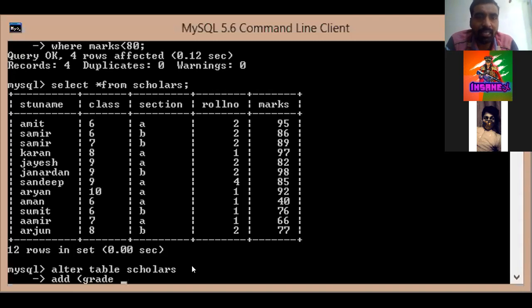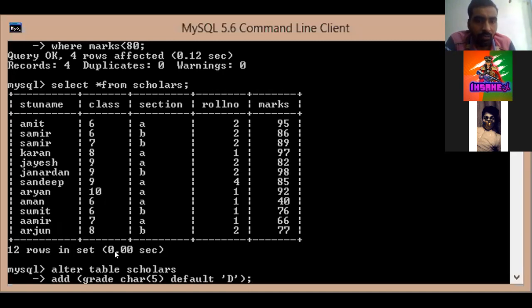Then space, its data type. So its data type is char, character of size 5. Space, if you want to define any constraint, let us define default value. Let us write default as D. Default as D. Then close the parenthesis and put the semicolon.